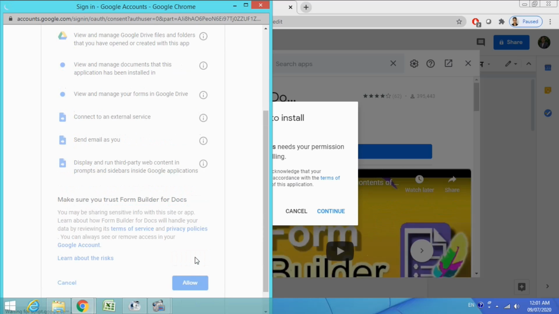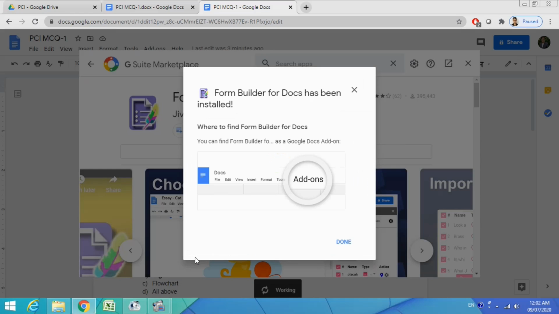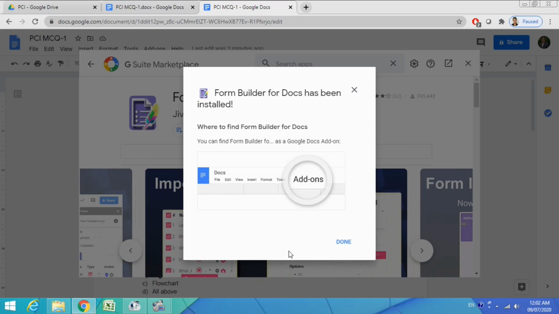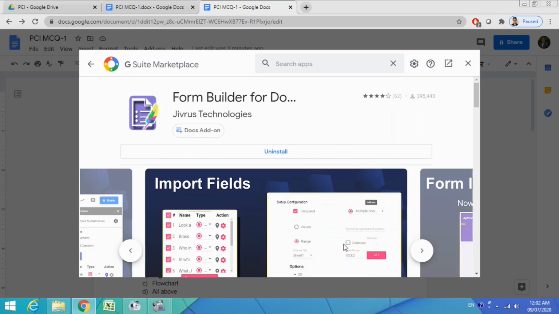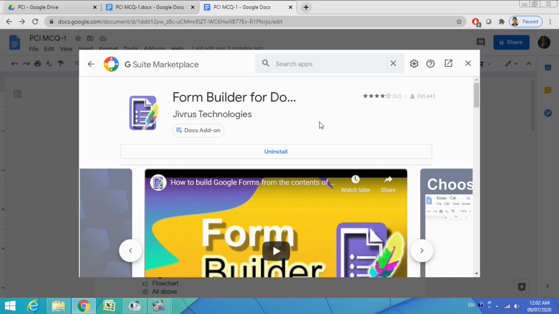I am allowing this particular app, Form Builder for Docs, to access my files on my drive. Now it is done. Click on the Done button. So my Form Builder for Docs is now installed.